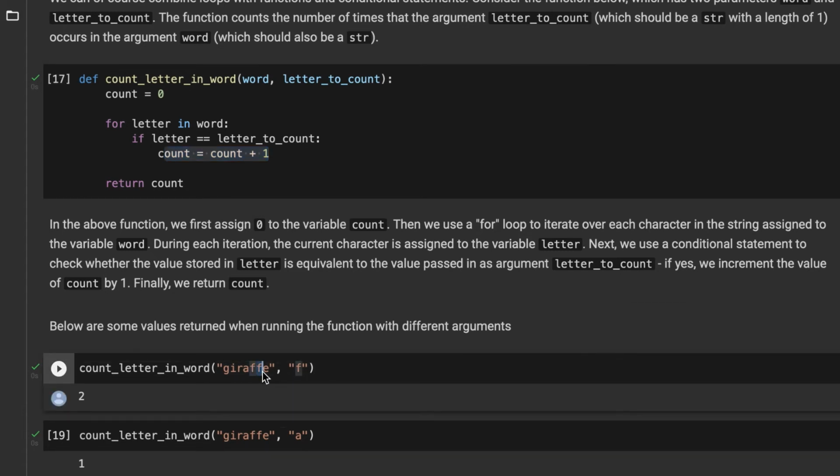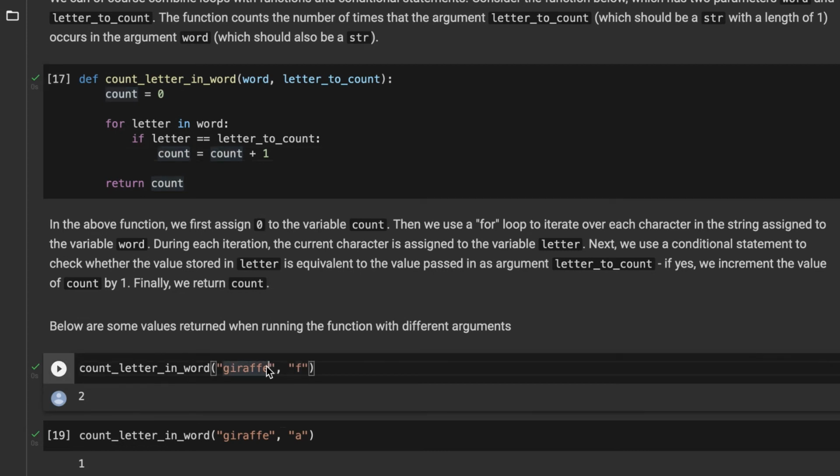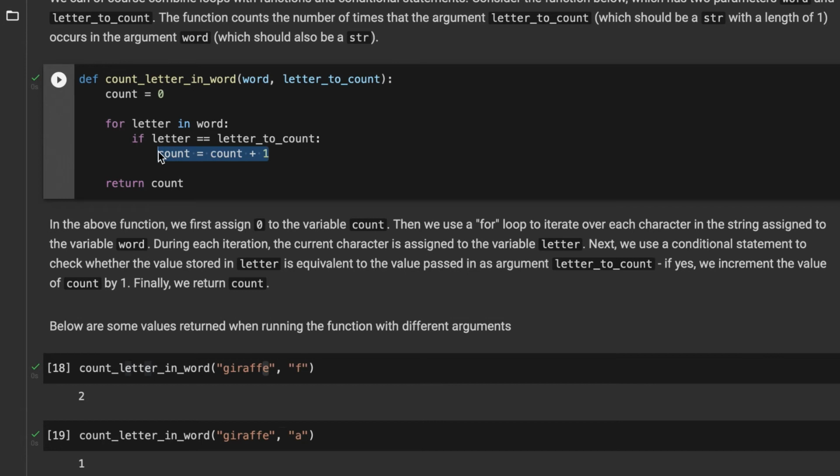So next letter is F. Again, we go here. F is equal to F. Count 1 plus 1, 2. Go back to the beginning. Last letter, E. E is not equal to F. Skip this code. And now we have gone through the entire